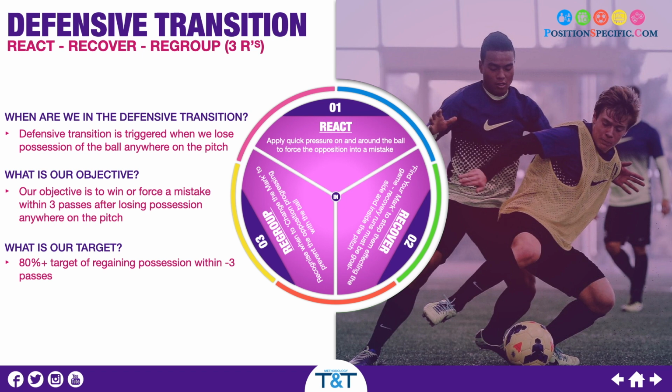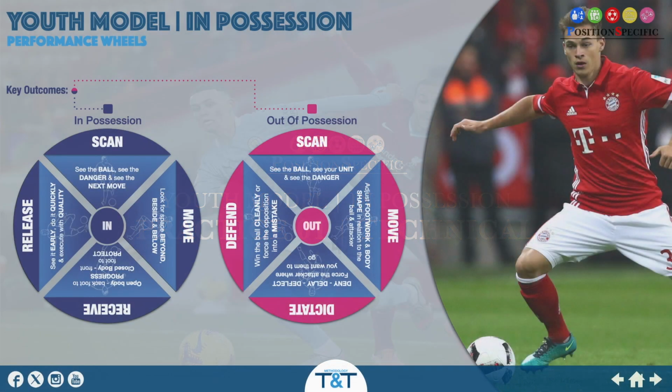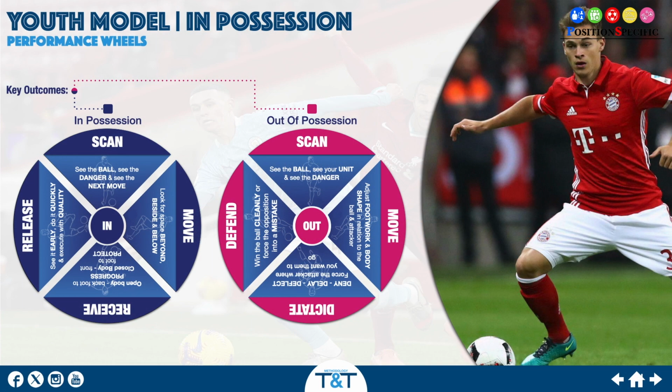Our objective is to win the ball or force a mistake within 3 passes after losing possession anywhere on the pitch. Relating back to our game model and our targets, we have an 80% target of regaining possession within those 3 passes. But before we get into all that, we wanted to do some in-possession work around our youth model and make sure that we were still touching on some in-possession stuff even though we had an out-of-possession theme. So practice 1 was a technical practice and it all revolved around our in-possession performance wheels, which is in our youth model